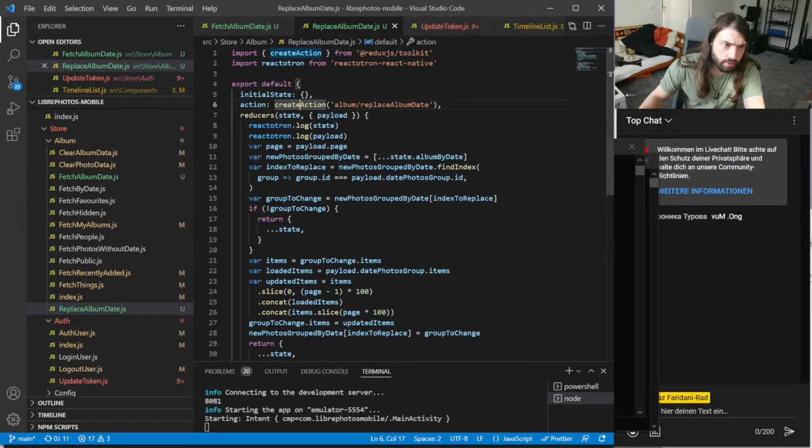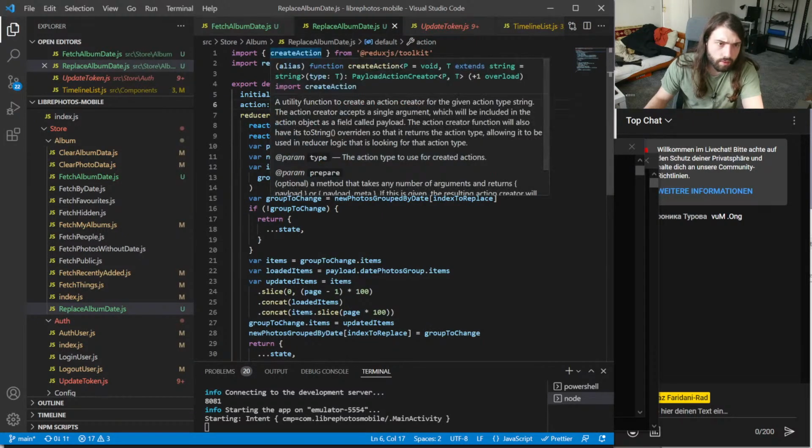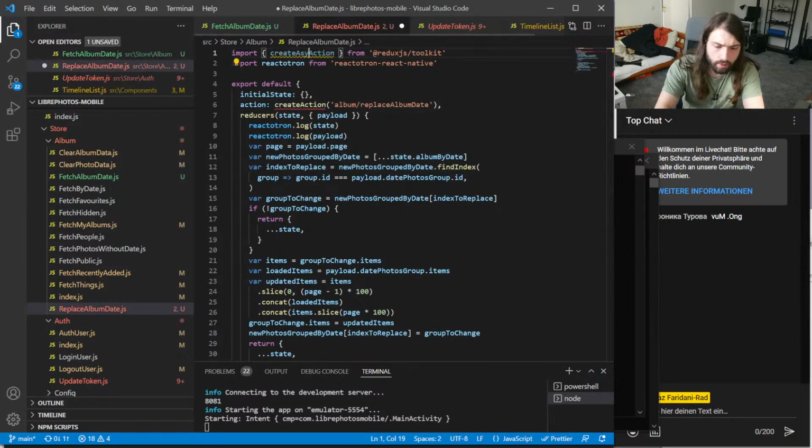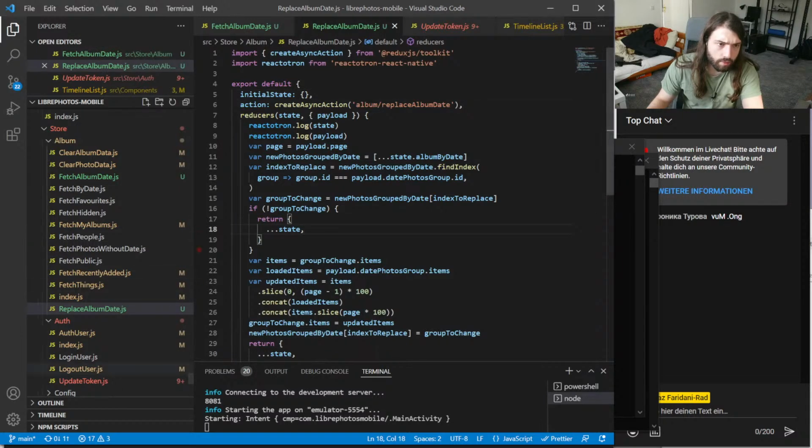Create async action, does this exist? Yeah, I don't know.